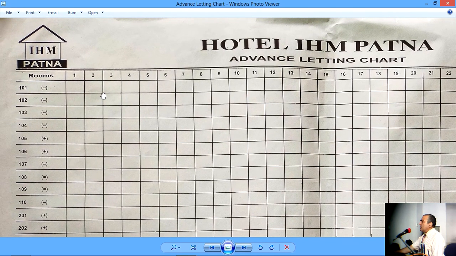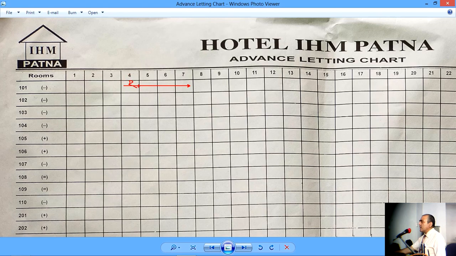This advanced letting chart is very simple to use. We use arrows. Let me first get into drawing mode. Okay. So let us say there's a reservation from the 4th to the 7th. So I draw an arrow like this, and on top here I write the guest name.